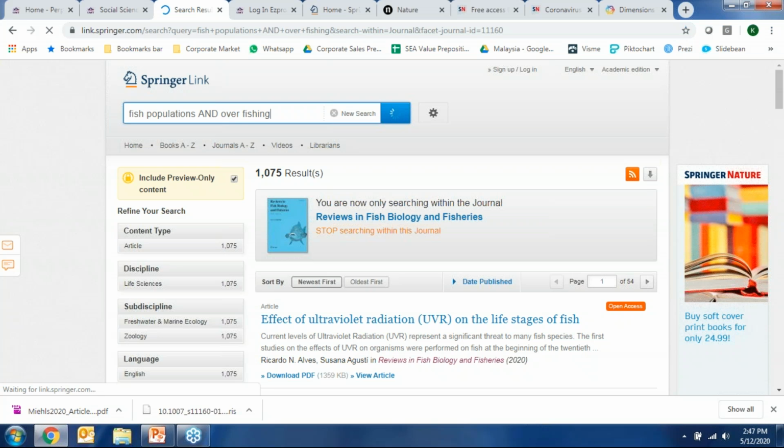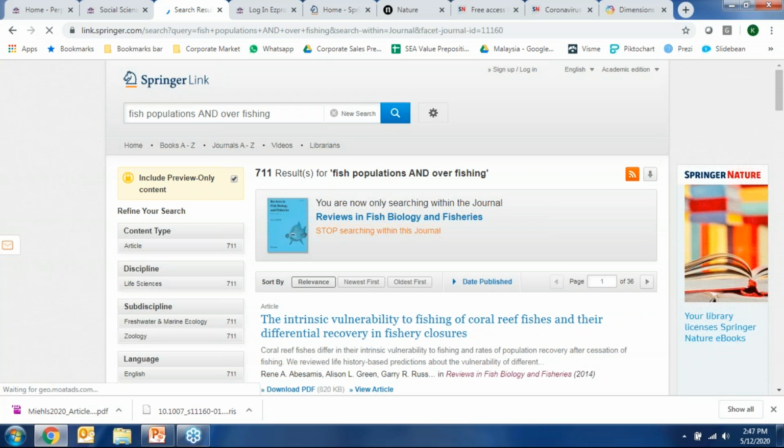Through this very simple process, you also start to have a little trial and error, and you play around with the search bar to ensure that the search terms you're using, for example fish populations, are exactly the terms you're looking for.